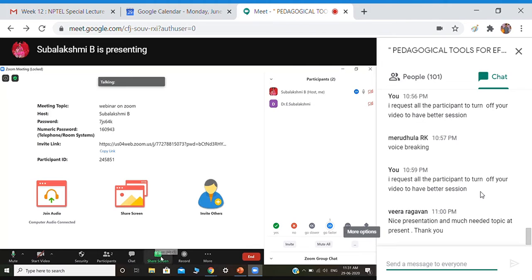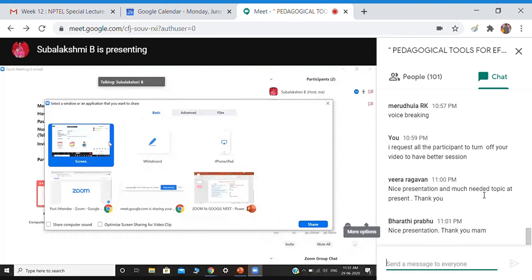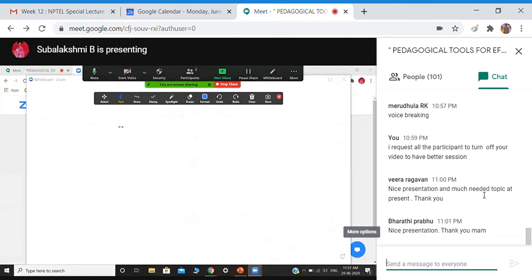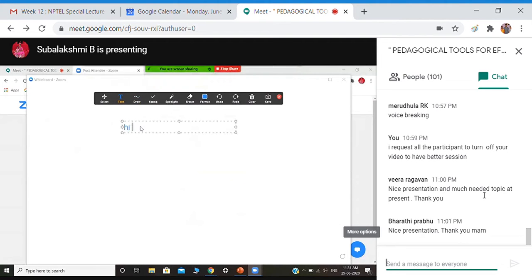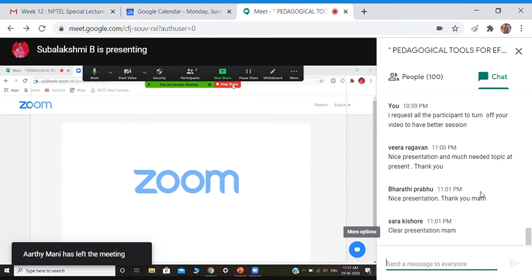And next you can see this option, share screen. So what is share screen? As a host, if you want to share your screen with the participants, you have to click it. So here you can see the option share screen, or if you want to use the whiteboard. If you want to draw something or do some calculations, you can do it that way. For example, if you want to give some text to everyone, or draw something, you can do it here. So this is the whiteboard which is used for taking the classes.